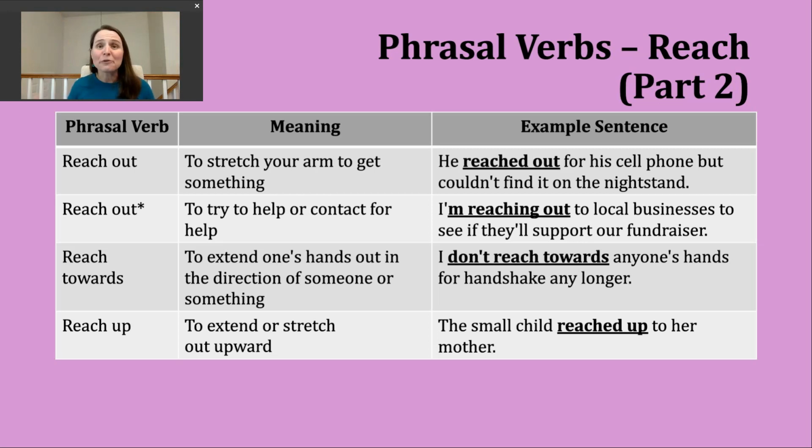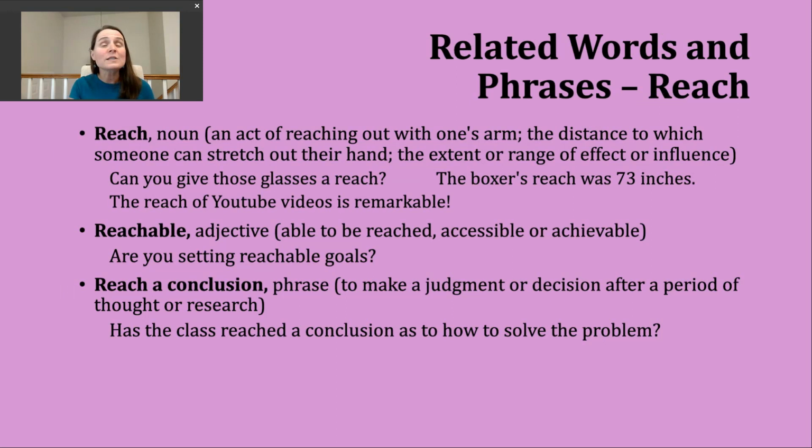We're not going to do any additional verb tense practice because I know these videos are already too long, but instead we'll spend a few moments looking at some words and a phrase related to our verb reach. And the first word we're going to look at is just the noun form of this word. So we've got the same spelling and the exact same pronunciation. Like the verb reach, the noun reach can also have several different meanings or ways that we use it. So the first would be just to refer to the act of reaching out with one's arms or with one's hands.